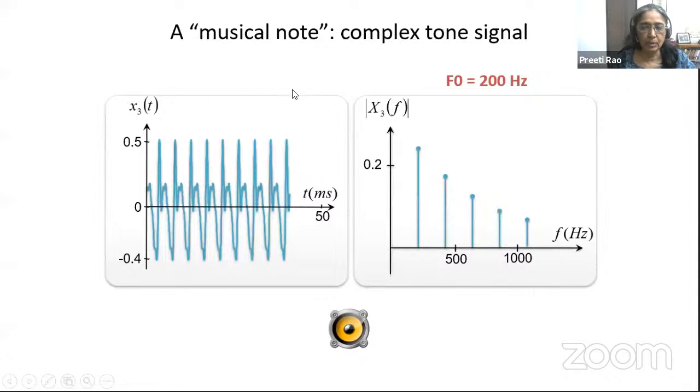On the other hand, if you look at something which is more organized in frequency, in terms of having a set of frequency components which are multiples of a fundamental frequency. Okay, so we have frequency components here at 200 hertz, 400 hertz, 600 hertz, 800 hertz, and so on. Then because of this harmonically related set of components, we get a perfectly periodic sound. And if you listen to this,